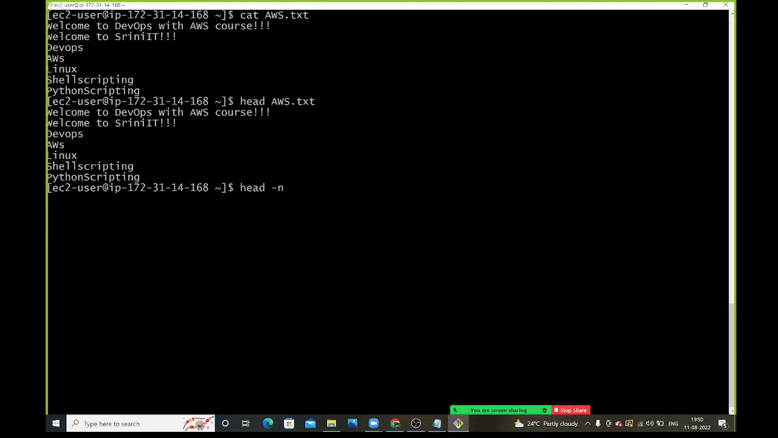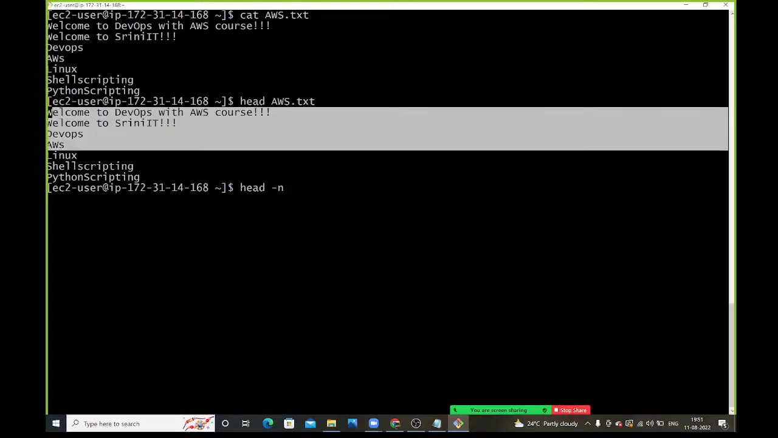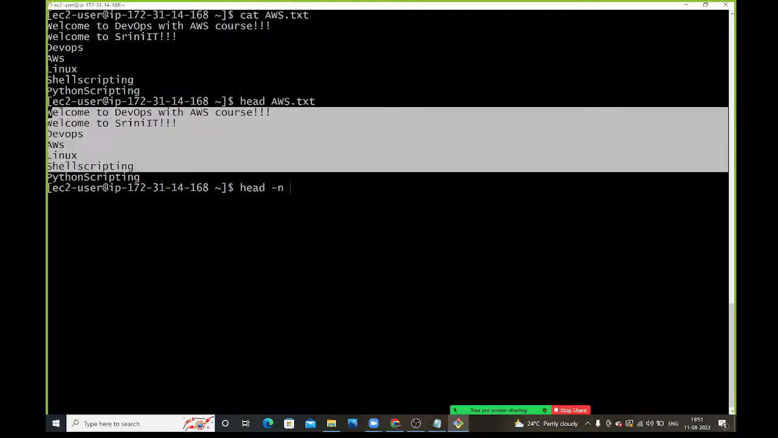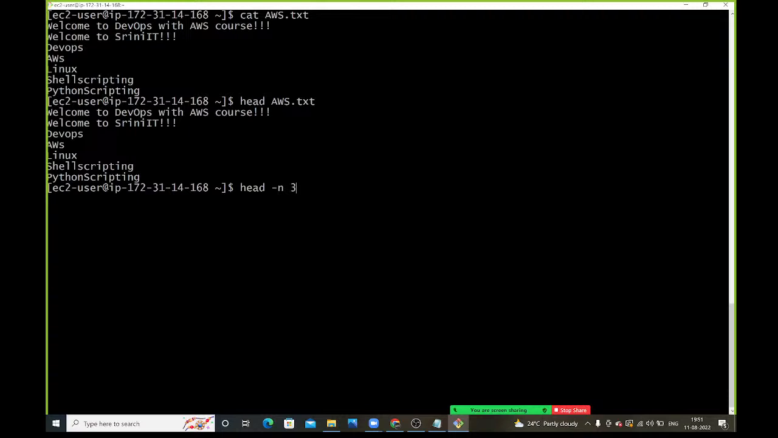That number we need to give. See here, how many lines are there? 1, 2, 3, 4, 5, 6, 7 lines are there. But I want only 3 lines. Only 3 lines. Head space